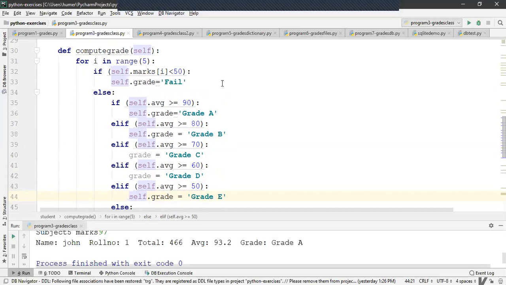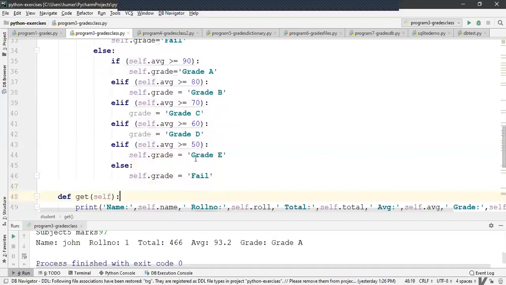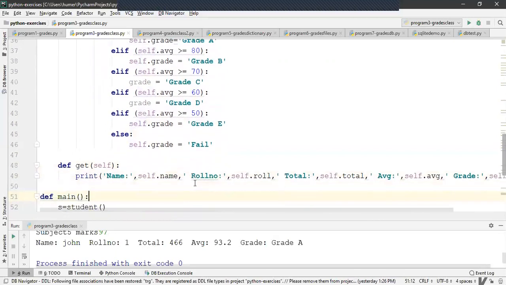If no marks is less than 50, which implies that all the marks are greater than 50, then the grade is computed by using these rules: if average is greater or equal to 90, grade A, greater or equal to 80, grade B. Likewise, you find out for all the values of average, and if average is less than 50, the result is fail.